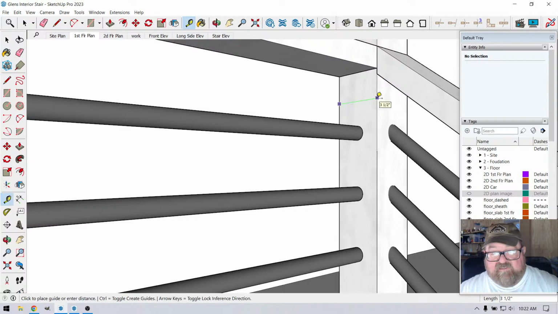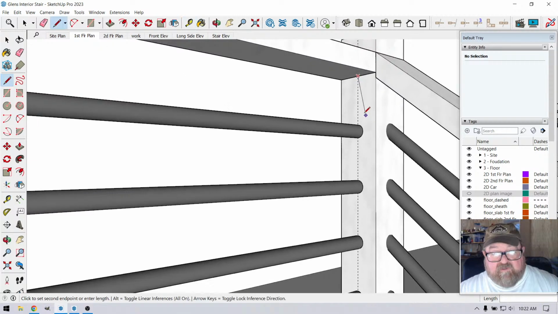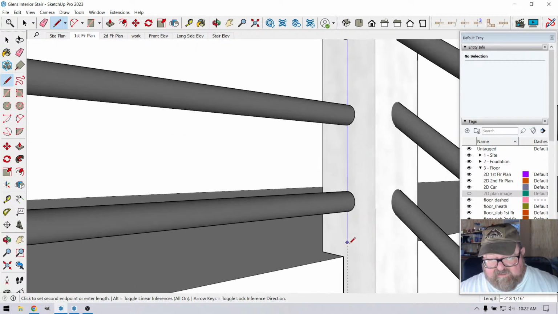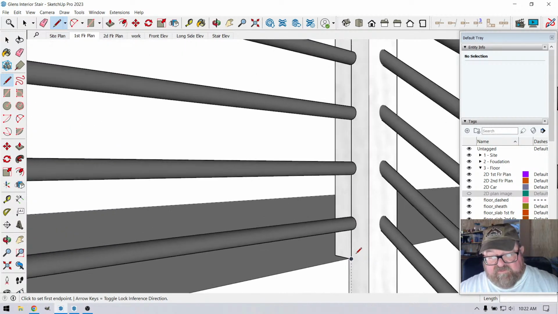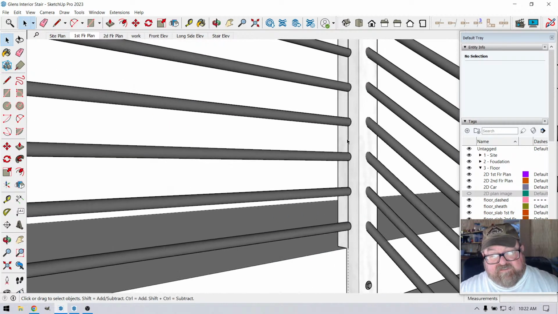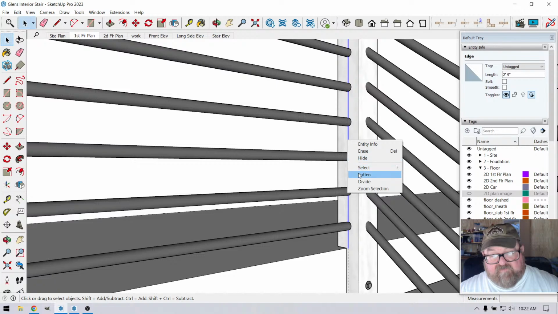I'm trying to get me a line here, 1.75. I found this the easiest way to do this. I'm going to lock the axis, and I'm going to select that point. And you see, for some reason, since I wasn't in that component, editing it, it did what I wanted it to do. Now I'm going to divide this,